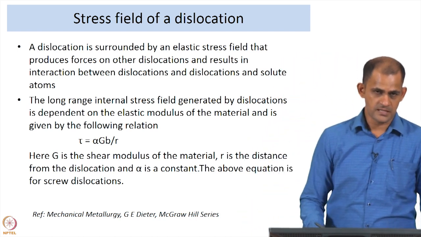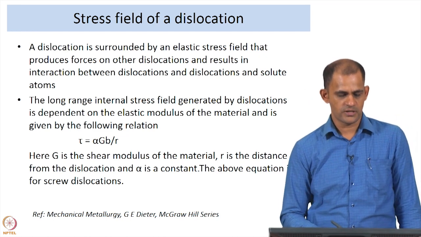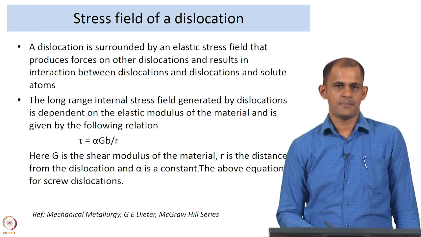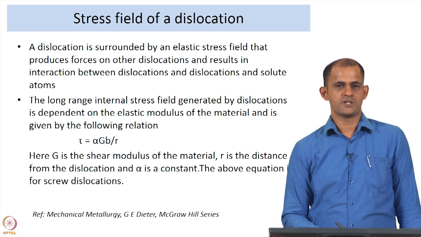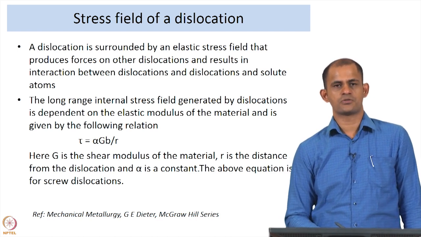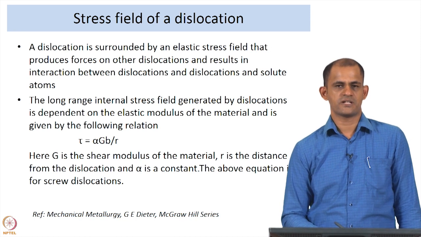So, since the dislocation is bringing about the disorder, a dislocation is surrounded by an elastic stress field that produces forces on other dislocations and also results in interaction between dislocations and